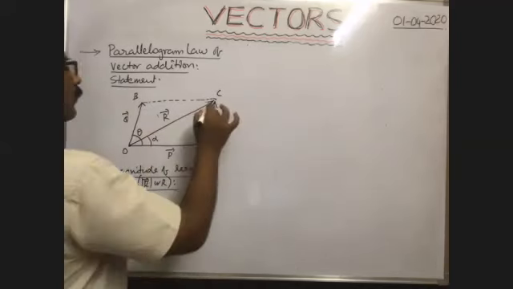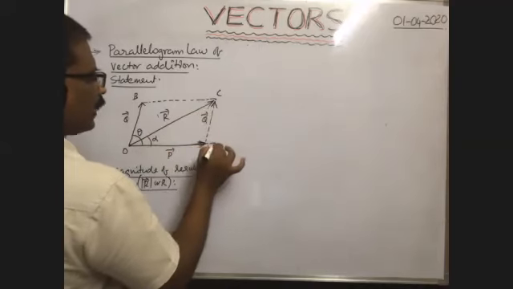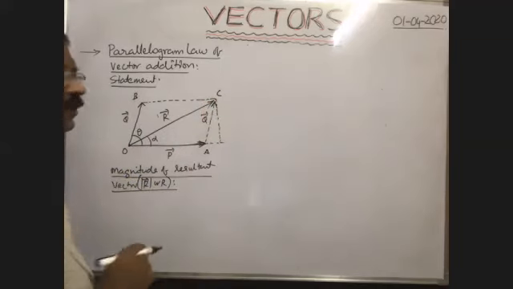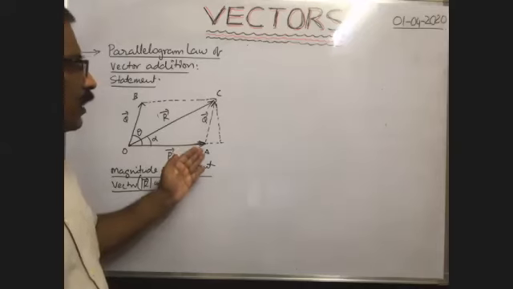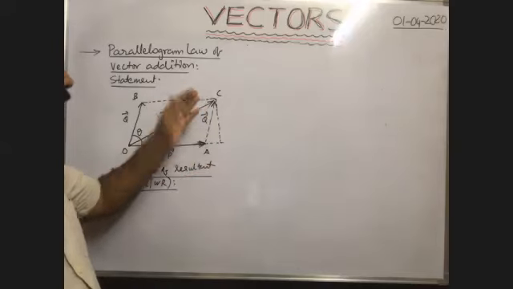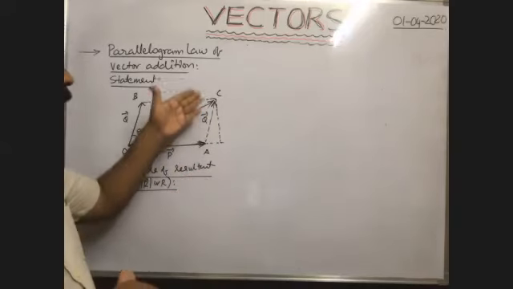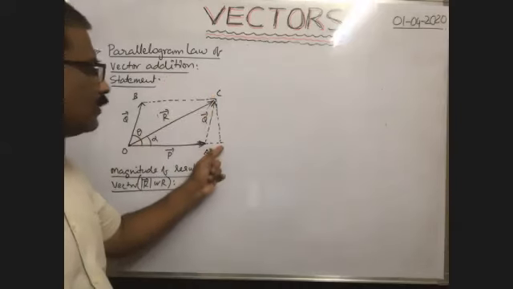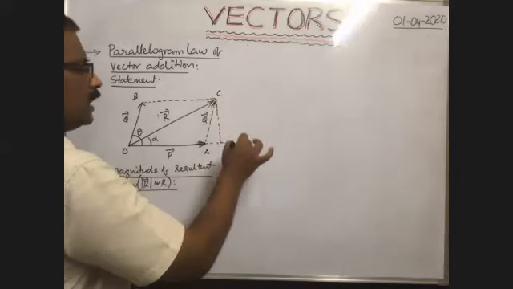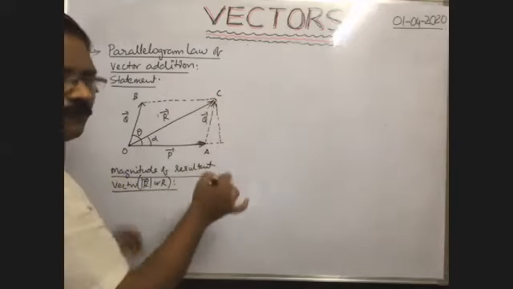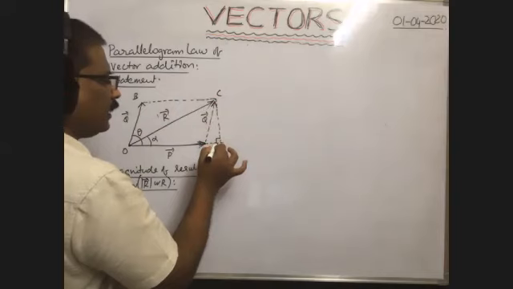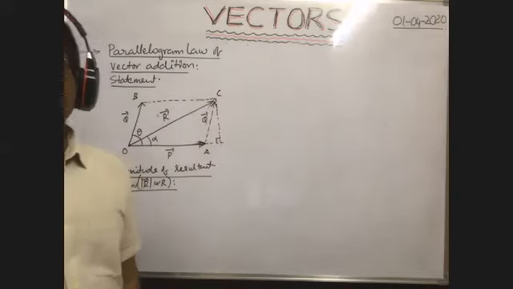To find the magnitude, you extend this p bar in this direction, and from this point C you draw a perpendicular line. Most of the students, while deriving this formula, draw the diagram perfectly. In the sentence they write correctly, a perpendicular line is drawn from C onto the OA line. But while drawing the diagram, they draw it like this. Is it perpendicular? No. When you draw the perpendicular line from C onto the OA line, definitely this must be 90 degrees. You have to draw the line in such a way. You remember that point.